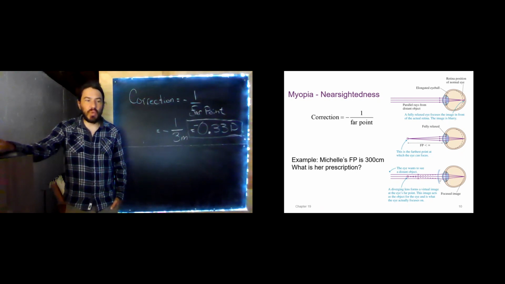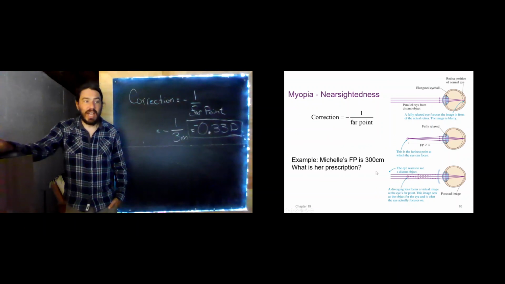Another way to picture it is it's a 3-lens system. Our lens in our eyeball, the cornea, and this glass lens that we are going to add to the outside. So we can picture this as taking a distant object and forming an image of it at a distance which this person can focus on. So we can visualize this situation here as this glass lens forming an image of an object at infinity. It forms an image at this person's far point. So for Michelle, we would want to form an image of a distant star at 300 centimeters, because Michelle can form another image right here on her